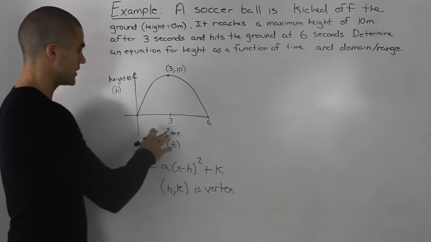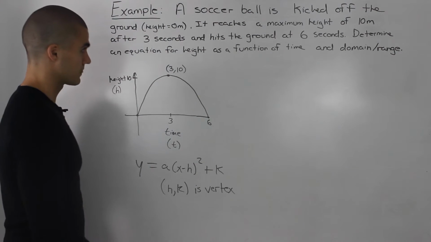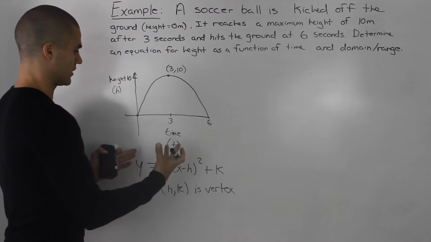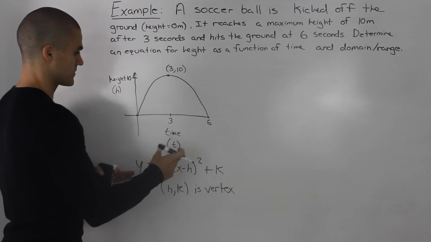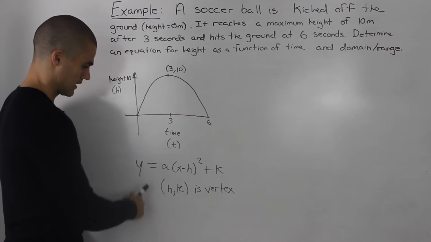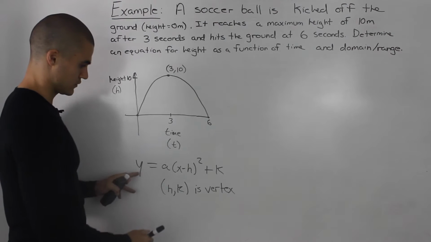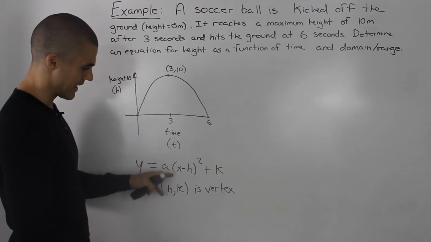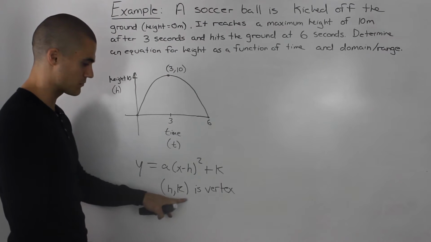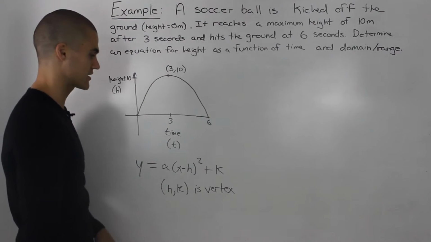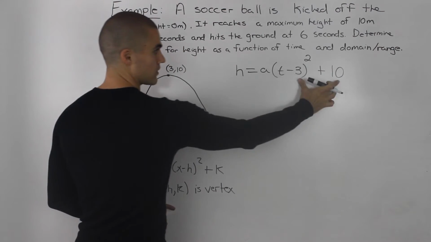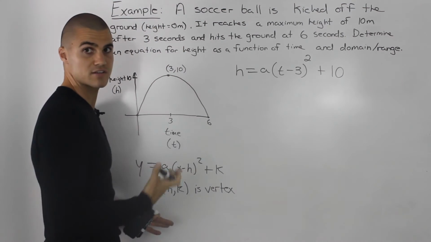Now, to make an equation for this graph, there are many ways you can do it. You can use the factored form of a parabola because you have the intercepts. You can also use the vertex form, which is what we're going to do in this video. If you remember, the vertex form of a parabola is a(x − h)² + k, where the h and the k represent the coordinates of the vertex. So this form is the same as this form, where the 3 and the 10 represent the vertex